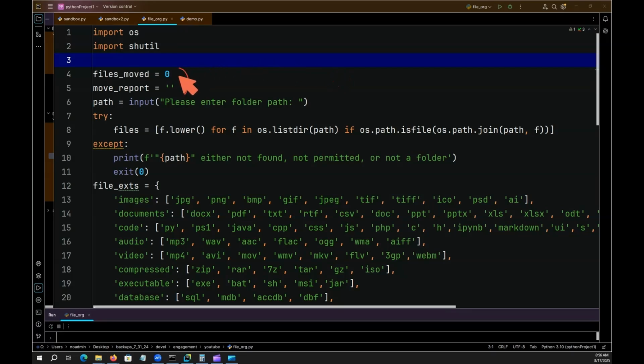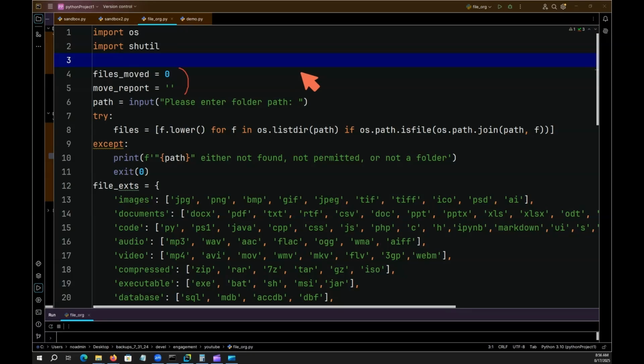We've got an integer equaling 0 and an empty string, and that move report string, as files are moved,